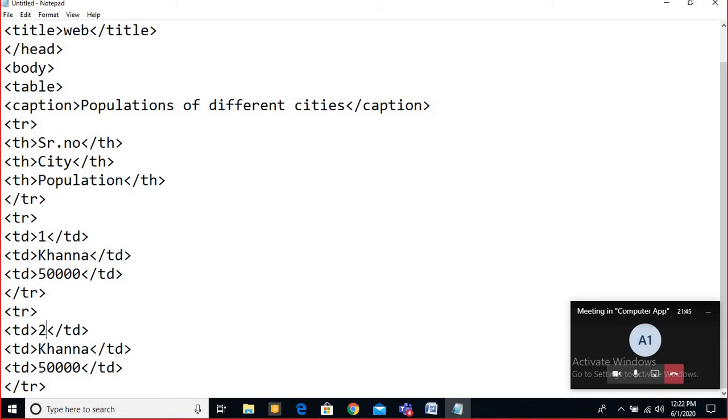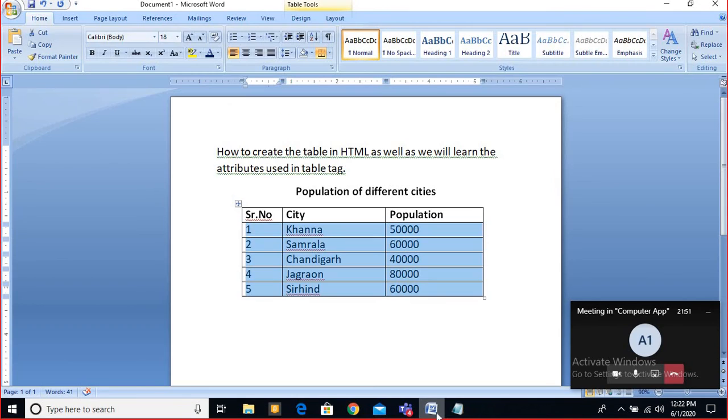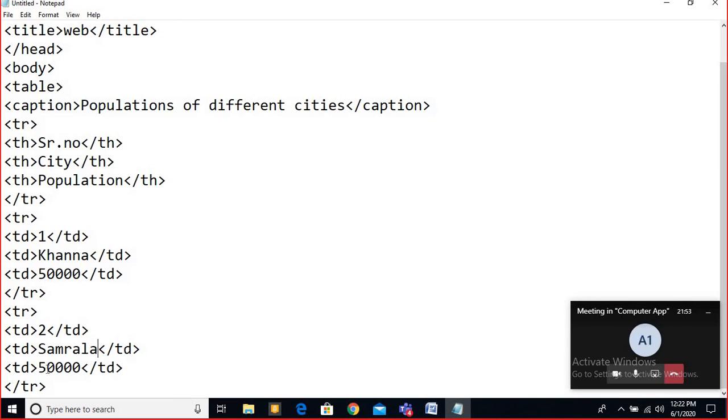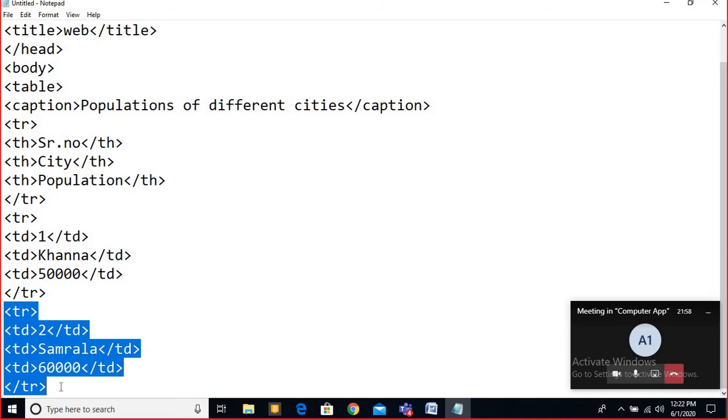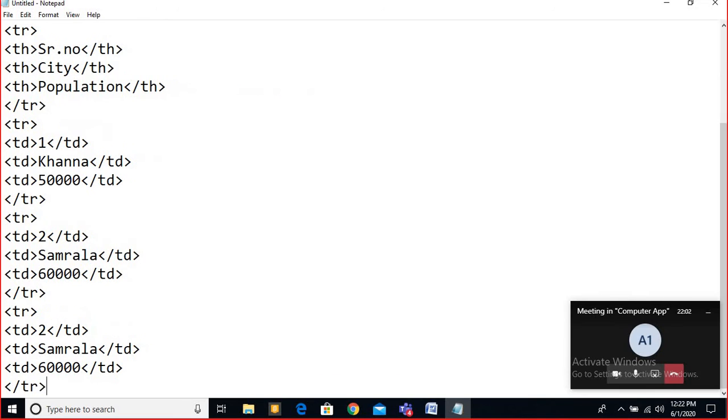For the second one you have to follow the same. Then here you will just change the data because the rest is same. Say Samrala. Then what is your data? That is 60,000. So I just change to 60,000. Same way, Control C. Then we have the third one here.